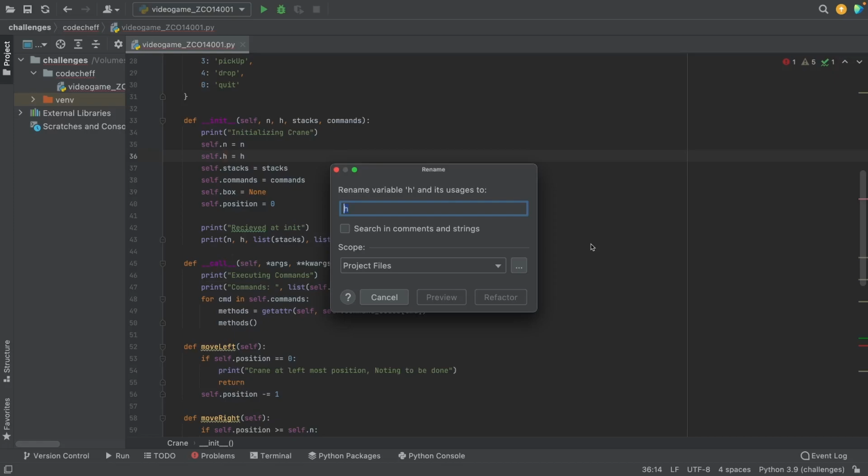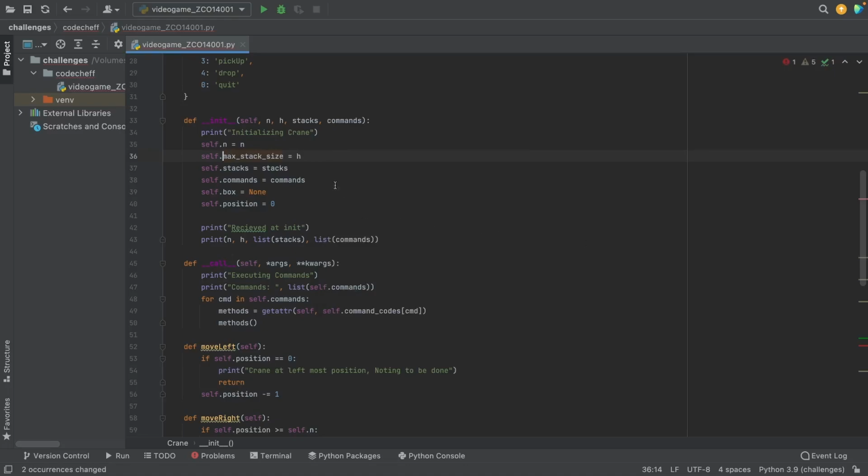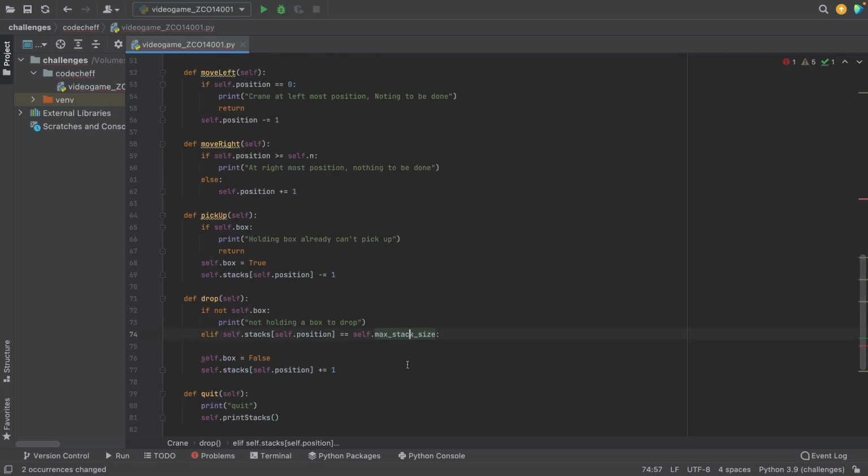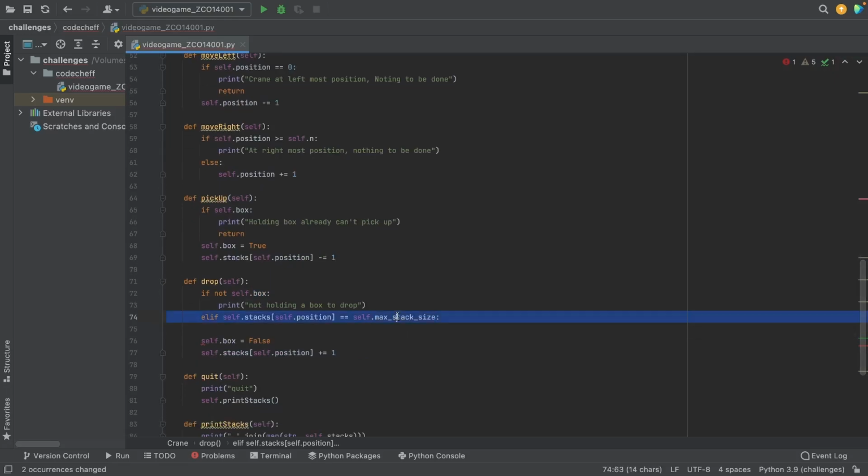Instead of h, we can use a meaningful name, max stack size. Since I renamed this using refactor, wherever it is used it will be renamed. You can see here, bang. So if it is less than 4, it's okay, but if it is exactly equal to 4, nothing is to be done. Okay, the stack has already